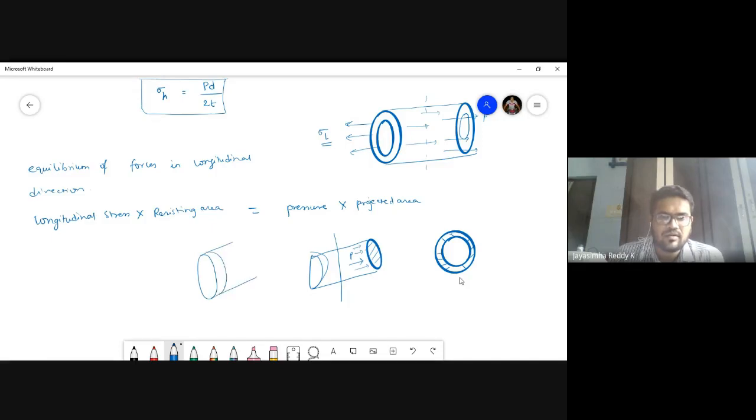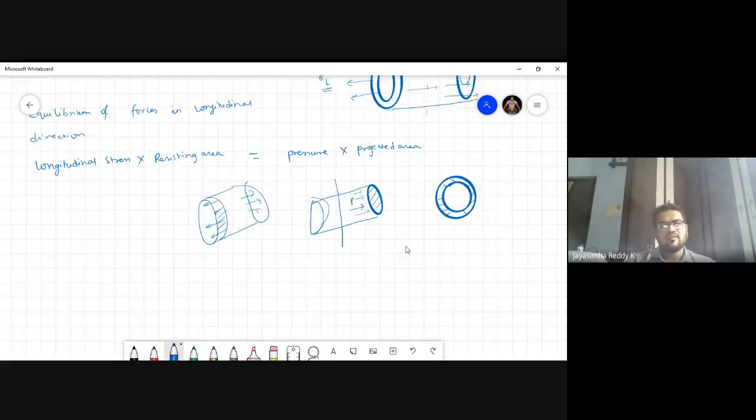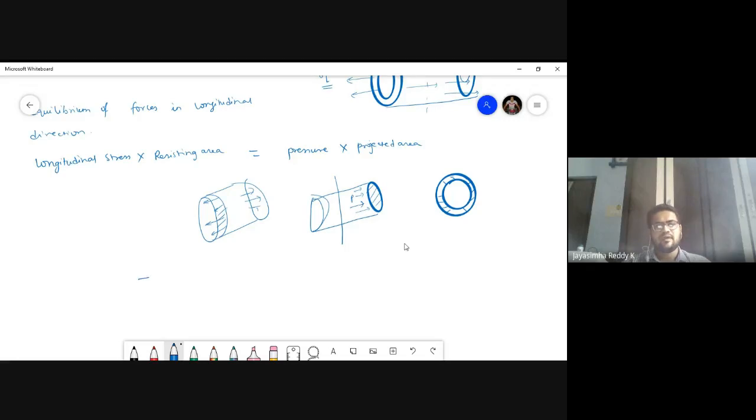The longitudinal stress will be on this part, in this direction, and pressure will be acting all over this area. If you write the equilibrium, longitudinal stress is sigma L, and the resisting area is